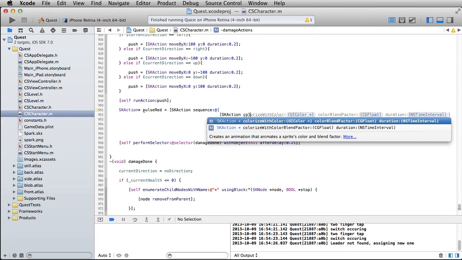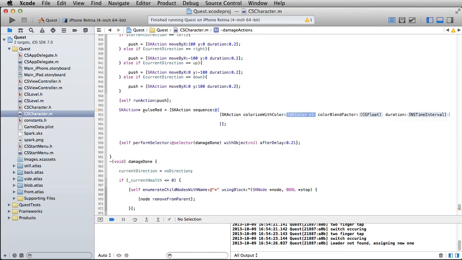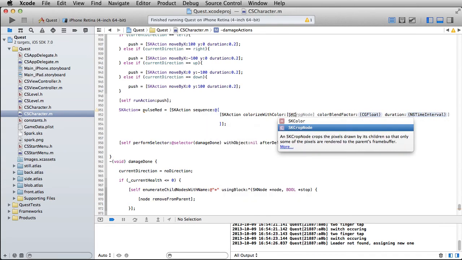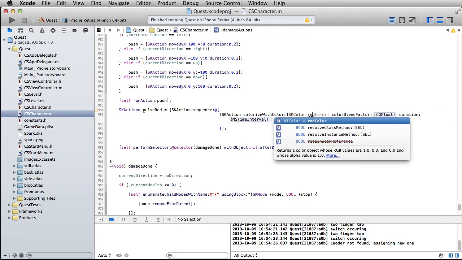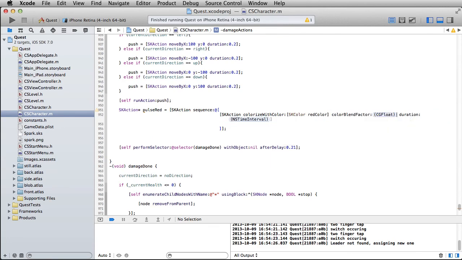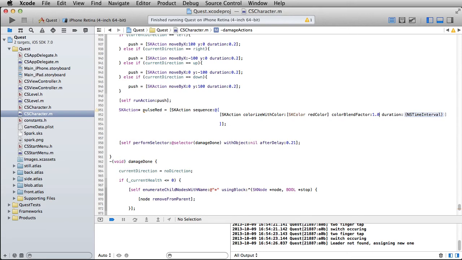colorize with color, and we're going to put in here SKColor. This will be red color. Color blend factor is going to be 1.0 or 100%, and then the duration, just make that 0.2. Then you just put a comma after it instead of a semicolon, and then you put SKAction